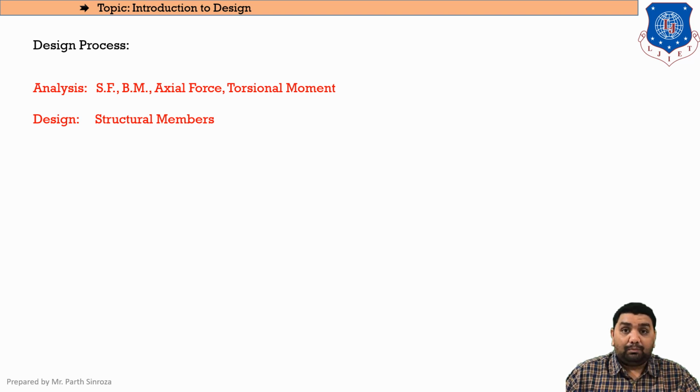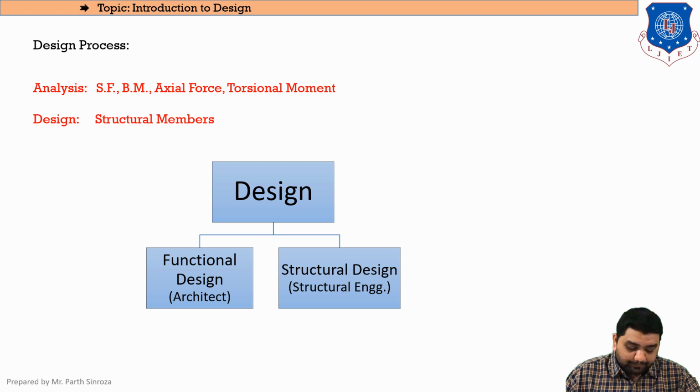And design, from this semester onwards, we will be moving towards our Design 2. Design means to identify the structural members. We have already discussed what structural members are in a conventional RCC building. Now our entire design, again as I said, will be classified into two parts, being the functional design and the structural design. If you take a look at the brochure of a newly constructed building, or you can say a newly constructed complex, they provide brochures, and in those brochures you see the plan of the building, the plan of the room, etc.